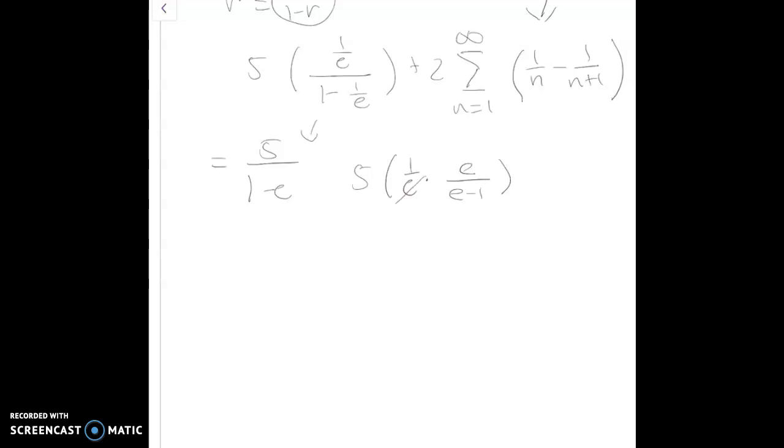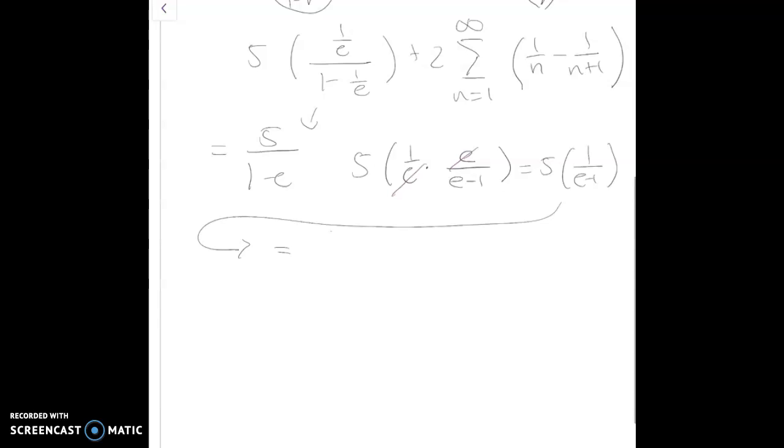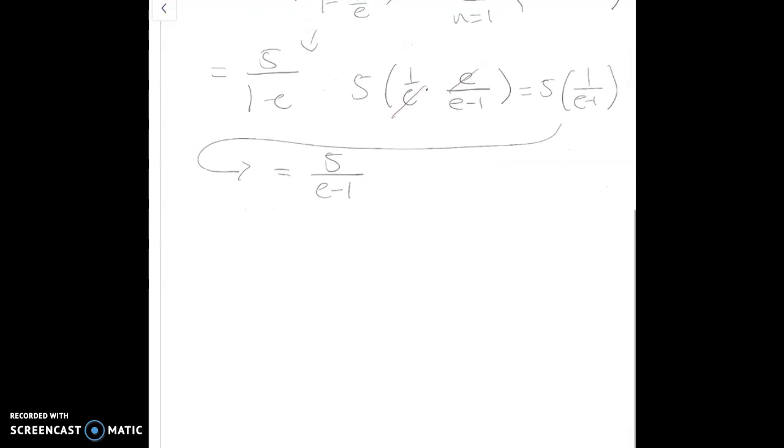Then we would cross these out. We get 5 times 1 over e minus 1. Sorry guys. So right now we have 5 over e minus 1 plus 2,